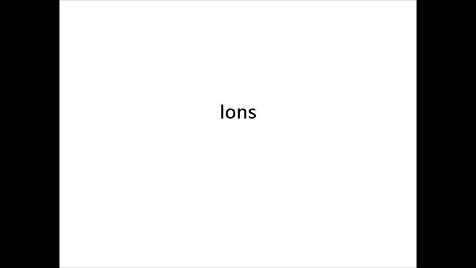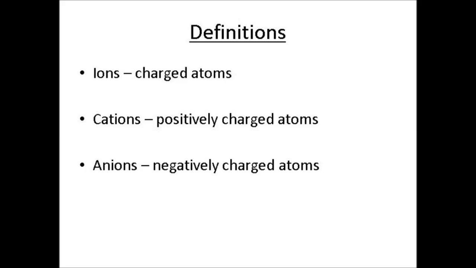Alright, today we're going to be talking about ions, and what you need to know about ions is that they're basically atoms, but they have a charge. There are two types of ions we're going to be talking about: cations and anions. Cations are positively charged ions. That means they have more protons than electrons, and anions are negatively charged atoms, and they have more electrons than